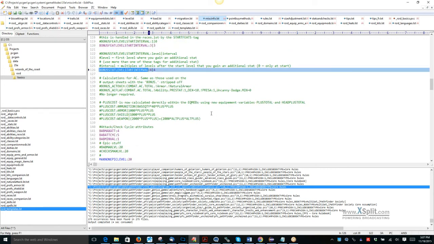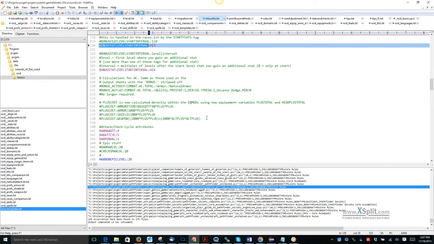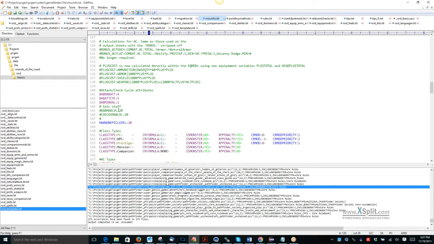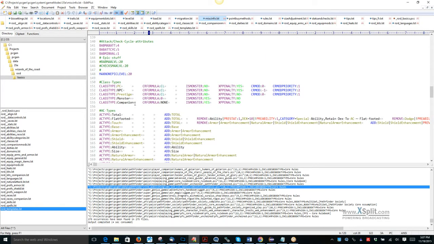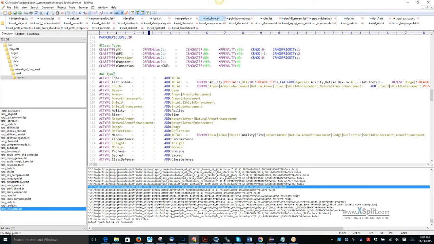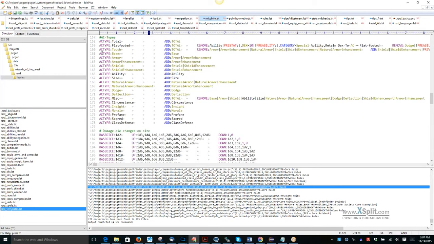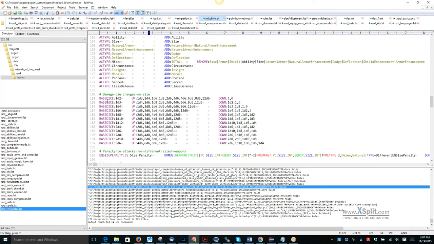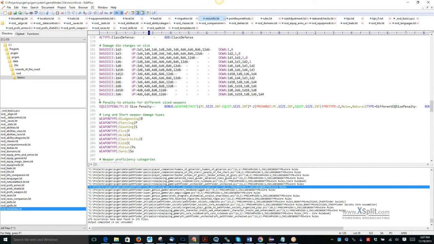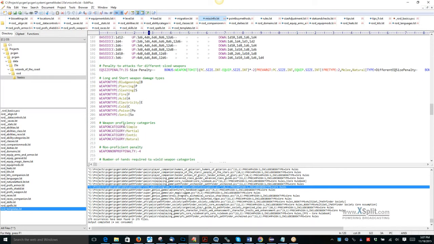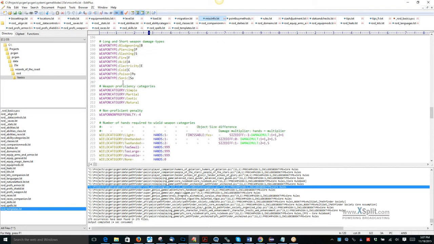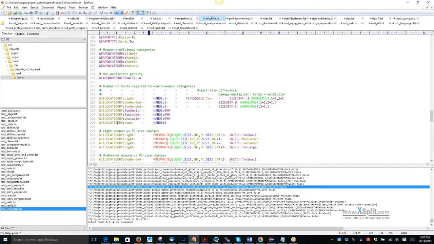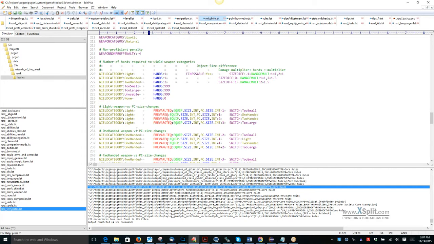You get a stat every 4 levels, you get a bonus feat every 3 levels, or every 2 levels on the odd when you're in Pathfinder, the epic stuff, what class types are available, your AC values, which are exported to the PDF sheet, and then how we do our dice ranges, and then the size penalty, the weapon types, and the abbreviations that will go with them, our weapon categories, the non-weapon proficiency penalty, the different wield categories for 3.5 in Pathfinder,